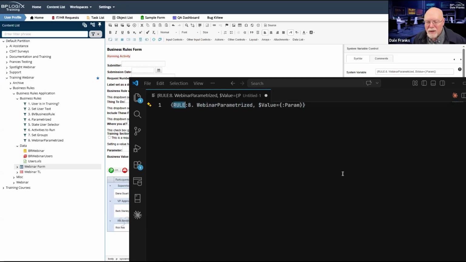So you've got rule there, so Process Director knows we're looking at a business rule. So now Process Director is going to look for a value in, I think it's in table rule in the Process Director database. It's going to look for an entry whose name is that 8 period space webinar parameterized. That is the name. Once it finds that name, it will then extract the GUID and it will use that GUID for everything else. Something very similar happens, as I said, when you do imports.